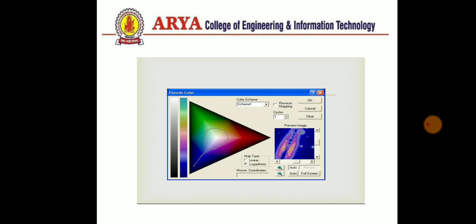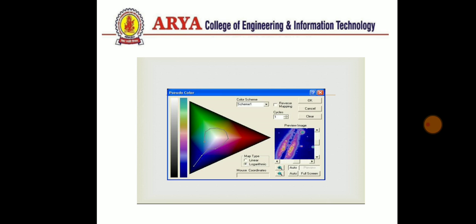So this is a screenshot of how the pseudo coloring is performed. Here we can see that there is an image, and on the left hand side there are combinations of some colors. We can see that the main primary colors are three, that is red, green and blue, but with the combination of these colors we can generate many colors. So there are lots of combinations of these three colors. By increasing and decreasing the intensity, we can produce more and more colors, and we can give these colors to our image as our choice.